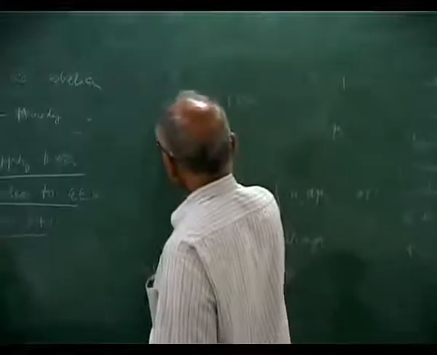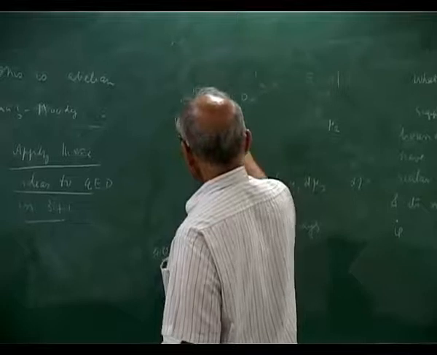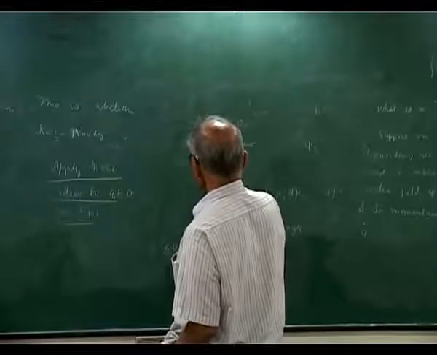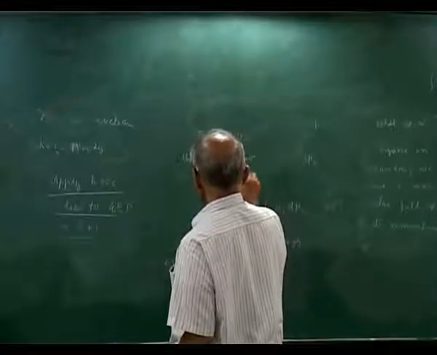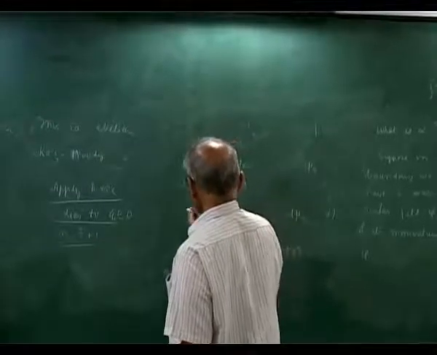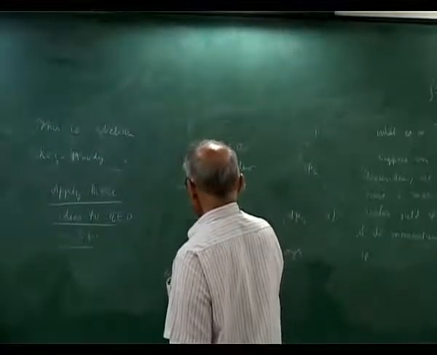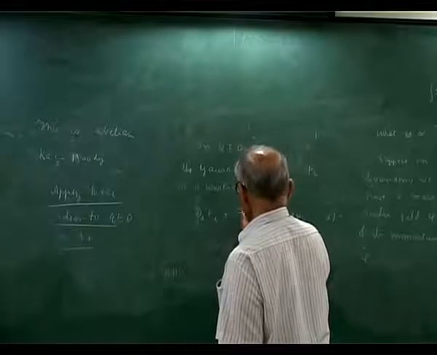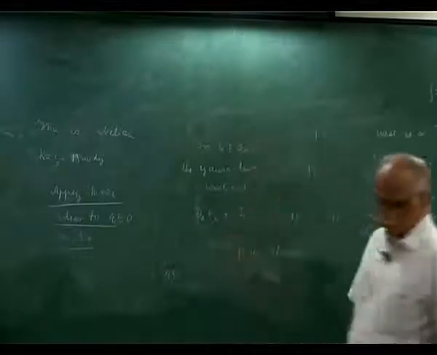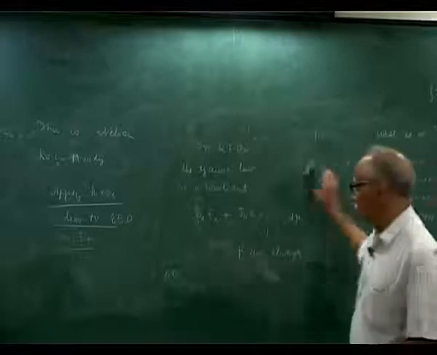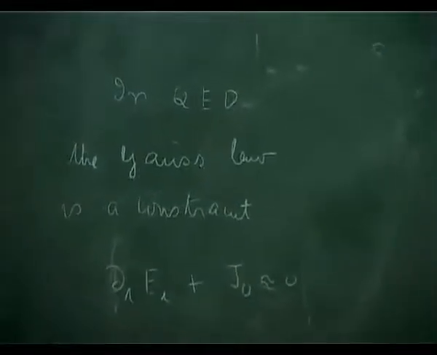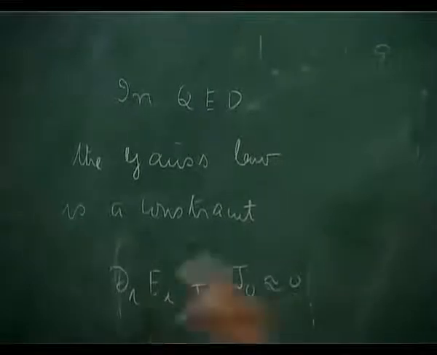the Gauss law is a constraint. So what I mean by this is, this object here, divergence of E_i, electric field, plus the current J_0 is weakly 0. Where E is the electric field, J_0 is a current. But again the problem arises, in quantum theory we have to write this in terms of test functions.